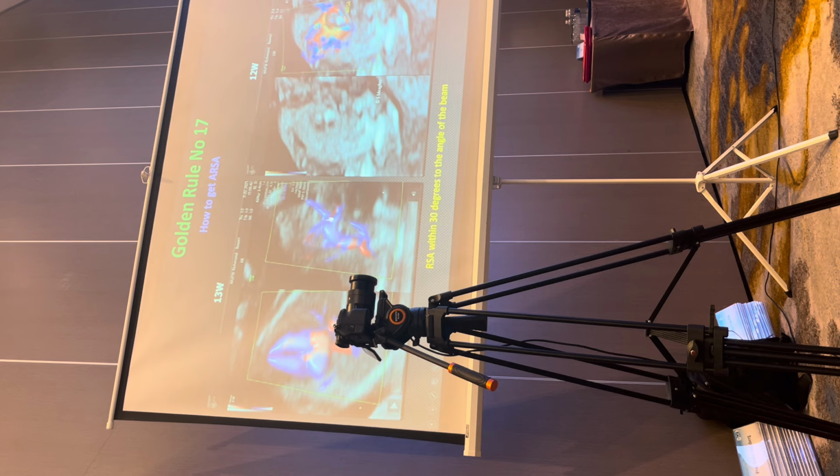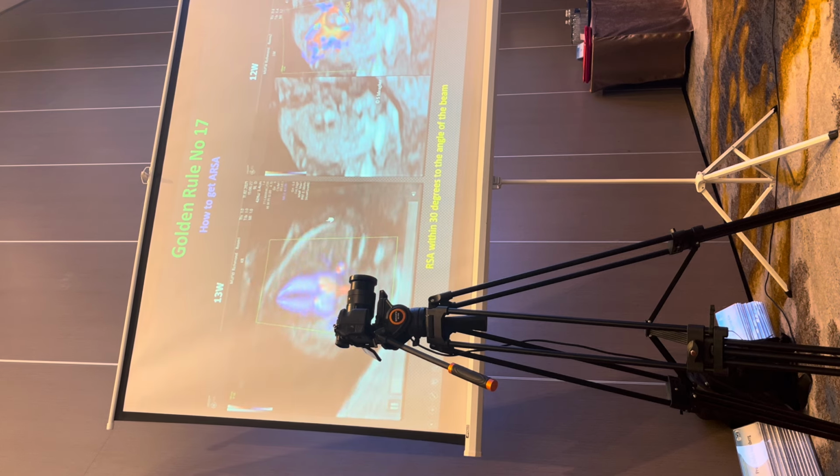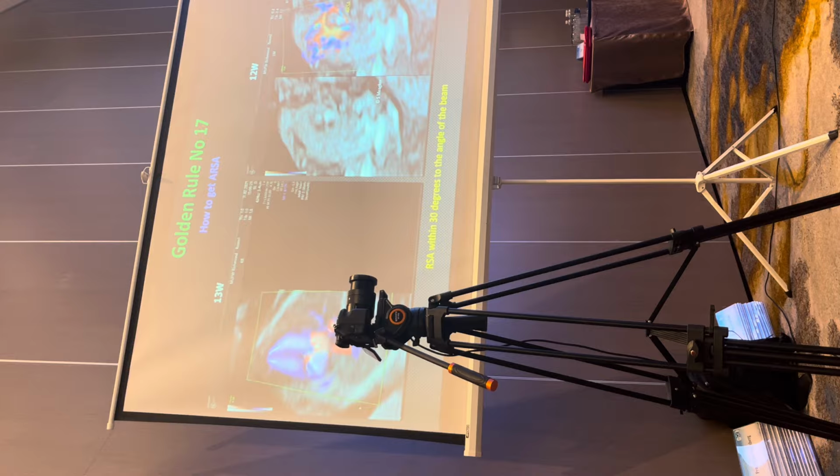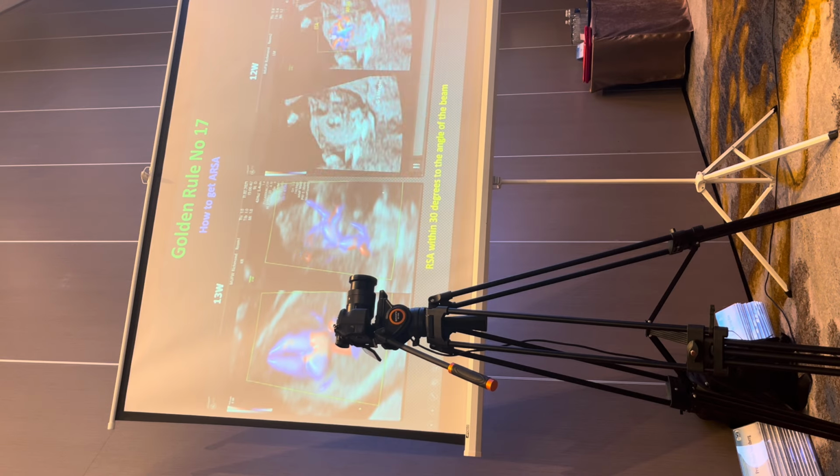In the first trimester of pregnancy, you use the combination of radiant flow, so you're demonstrating a 4-chamber view of the heart, and then up to the 3-vessel tracheal view, and that's why we do a split image. So you can appreciate which is left and which is right, and that constant reference of the 4-chamber and the 3-vessel tracheal view allows you to identify aberrant vessels. And you don't have to use power.